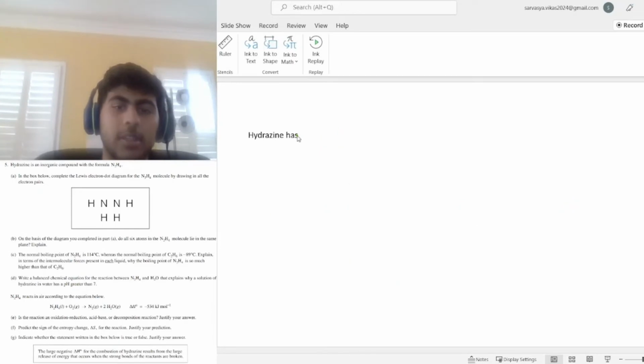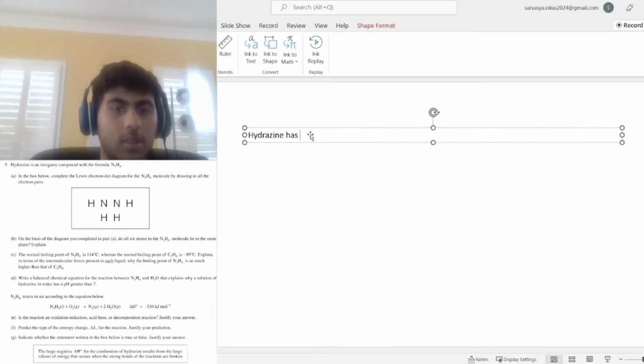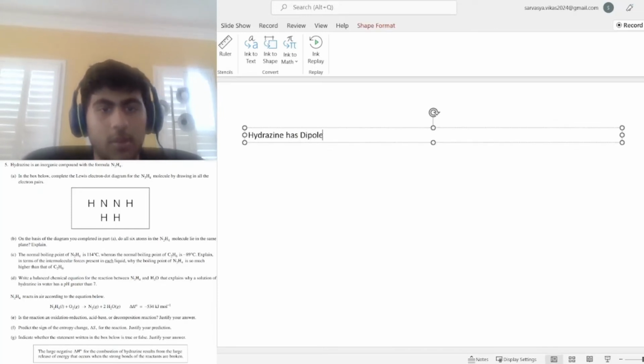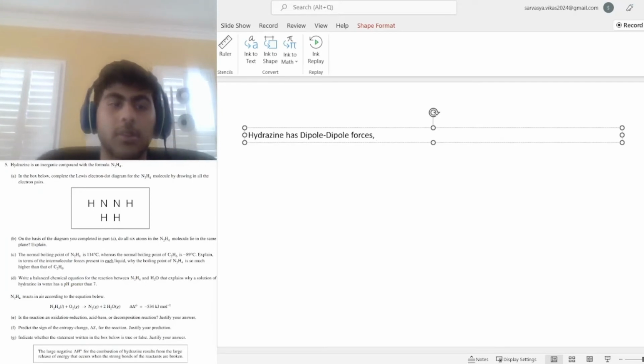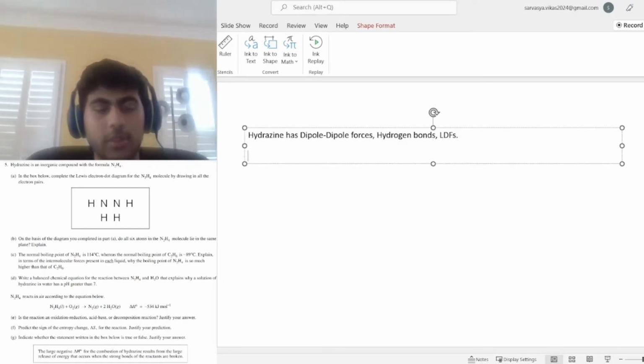So hydrazine has dipole forces. It has hydrogen bonds between the H and the N, right? So that's going to make hydrogen bonds, and then of course it has London dispersion forces, or LDFs, and then